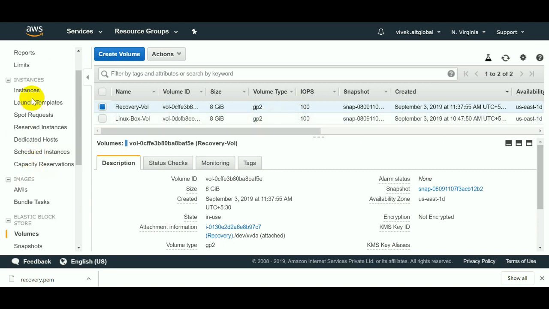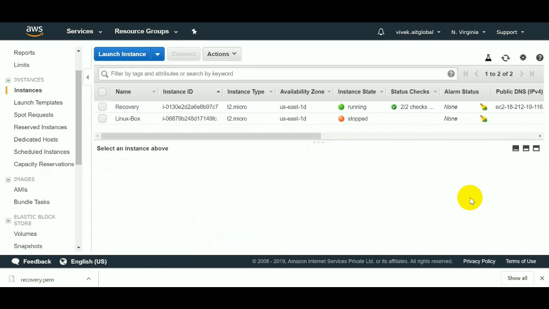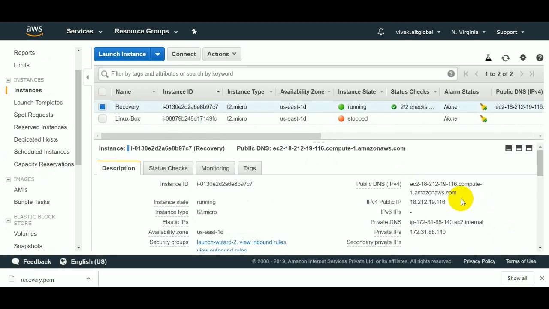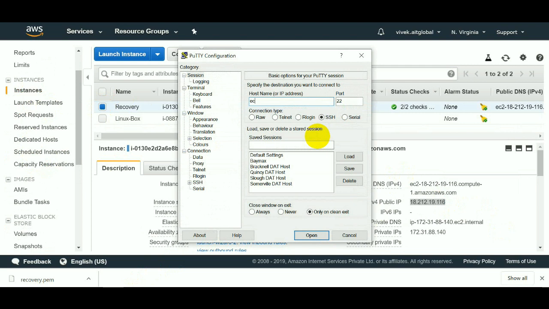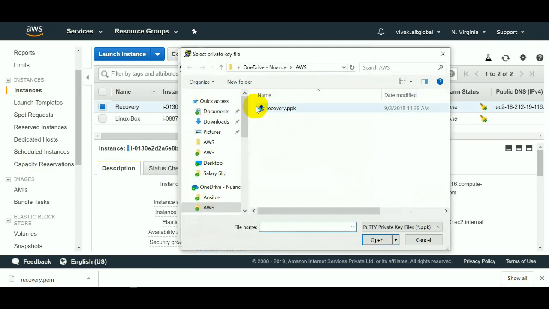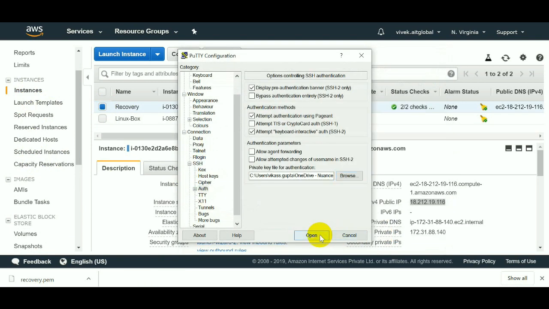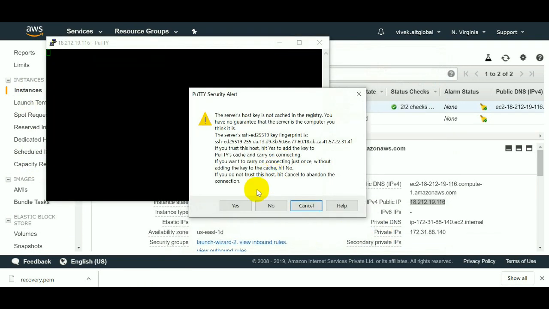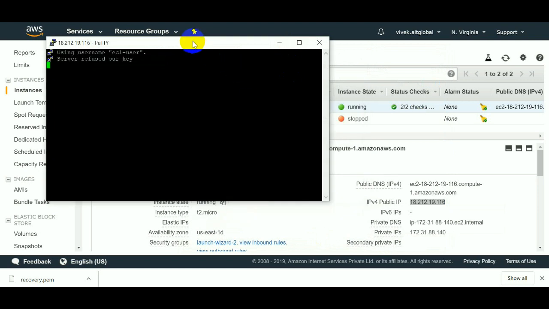Now go on instance, select it, copy the public IP, open putty. ec2-user is the username, type the public IP, go on SSH auth and select the recovery key and then open. Now yes,